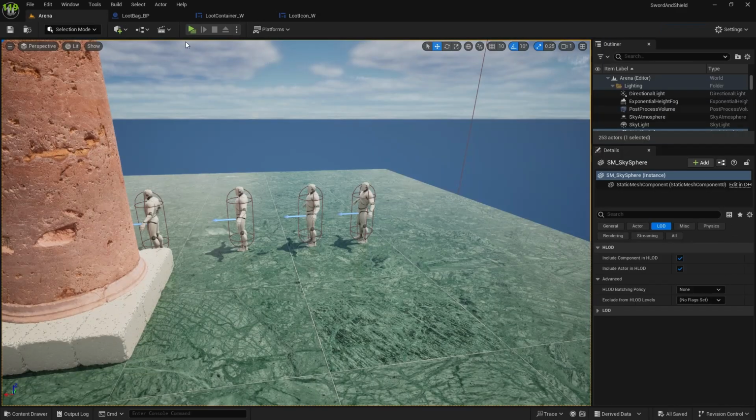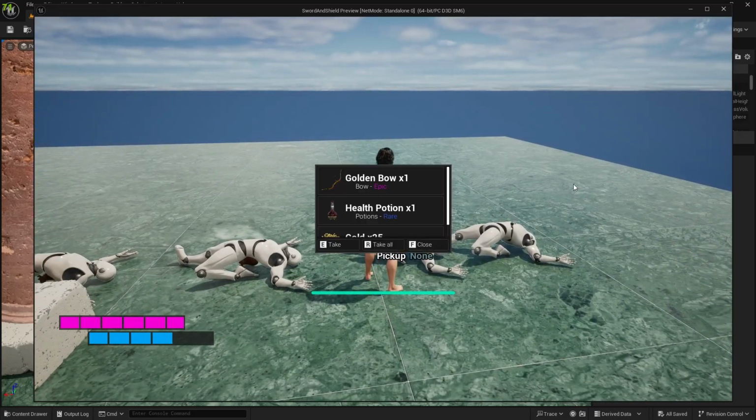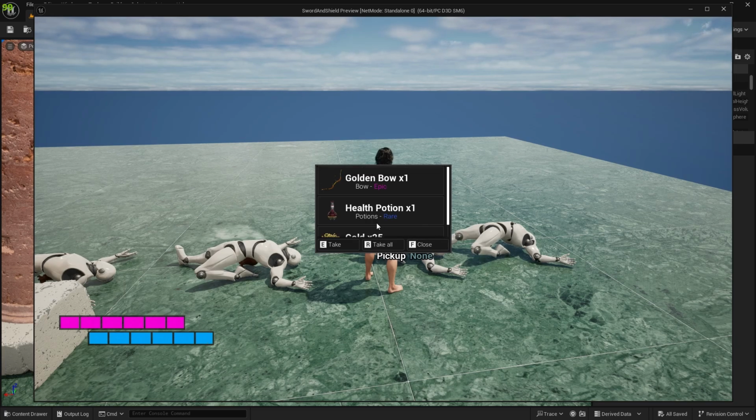Compile and save. Okay, so this one has now bow, health potion, gold, it scrolls nicely, there is a bit of space between them, and what we can also change is this hover effect,